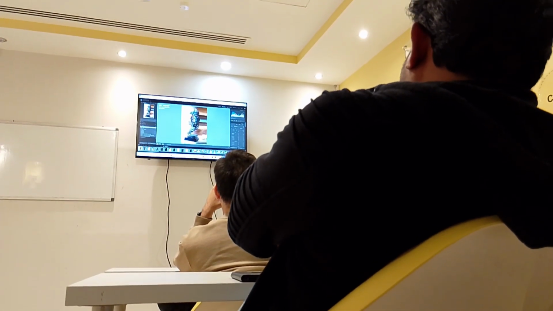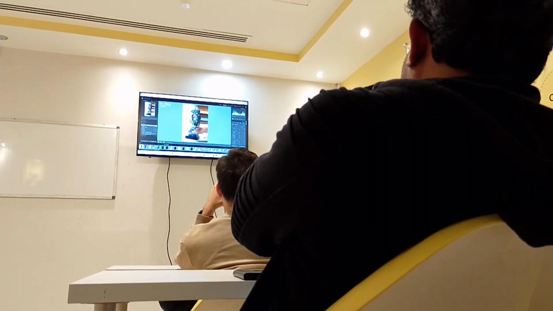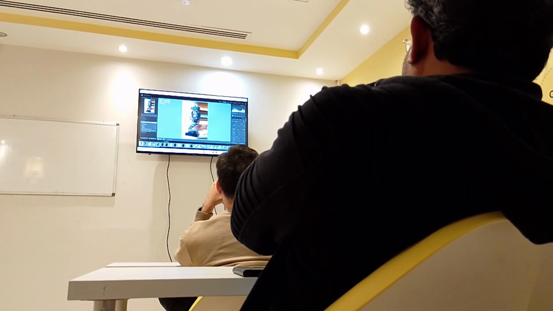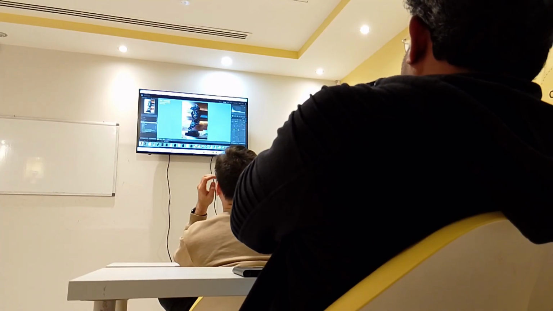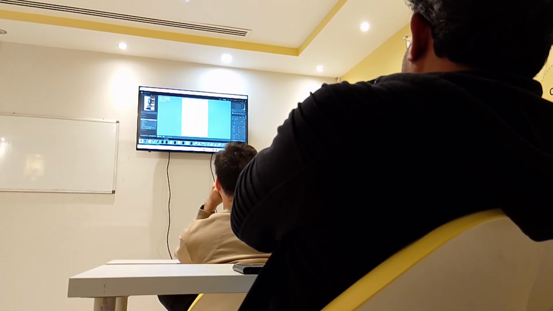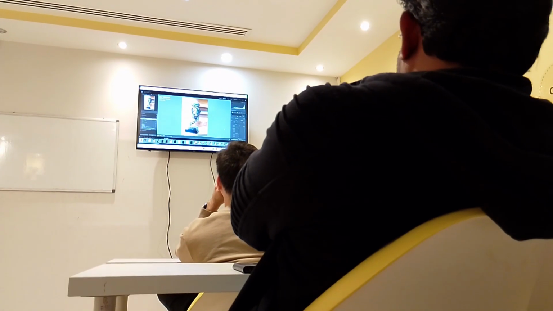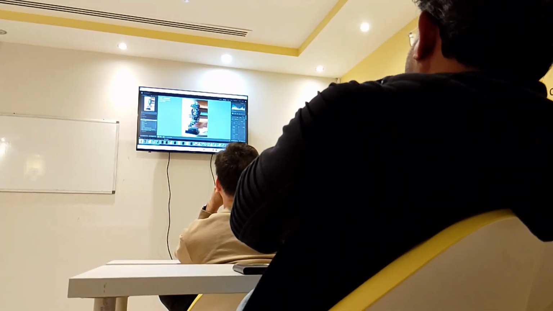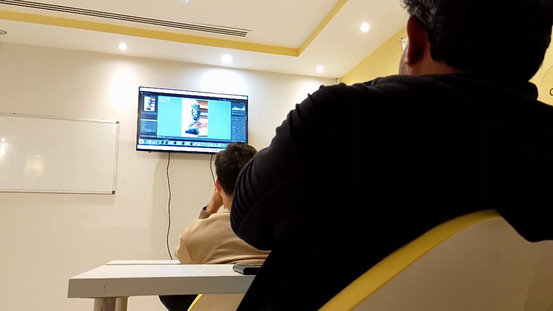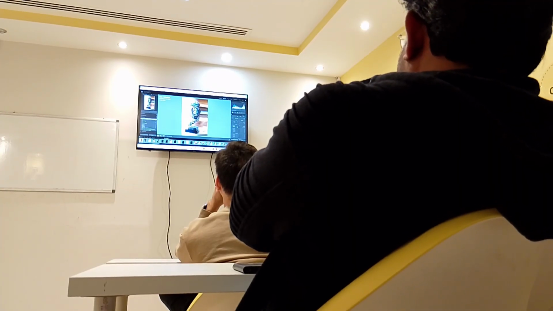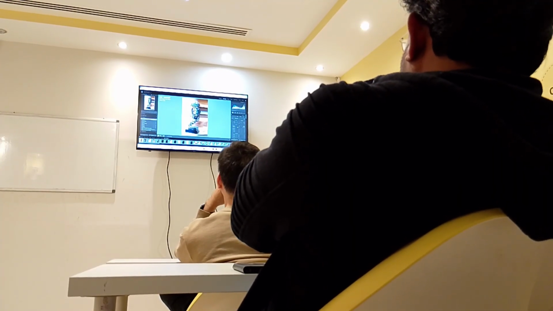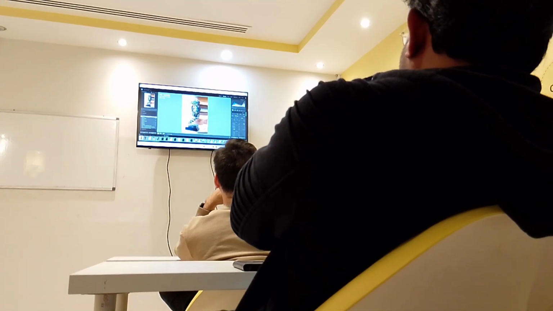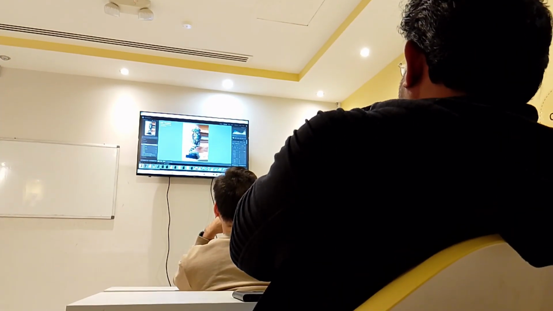Now these waves here reflect how the light has been spread, and if you try to do adjustments here, the values will start changing. It is like how you see the stocks going up and down. When you play around with this, you will get the best exposure. So they say when you edit, the proper exposure will look like a mountain in the center. Okay, for example, now you see here,